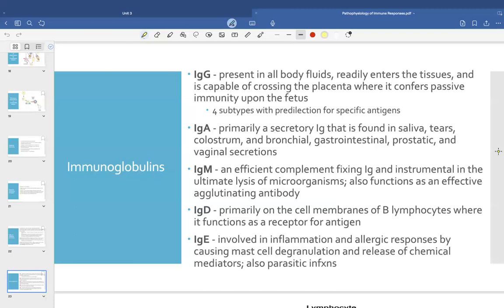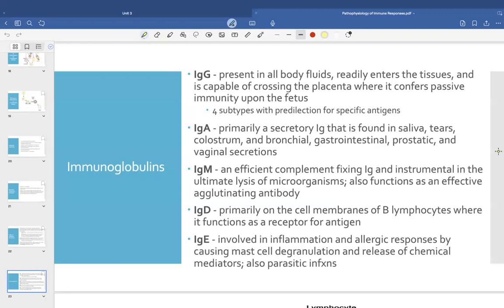But your IgG levels are delayed with a new pathogen because those are specific. And so IgM with complement, that combination is very toxic to some of your microorganisms. It can also cause agglutination,